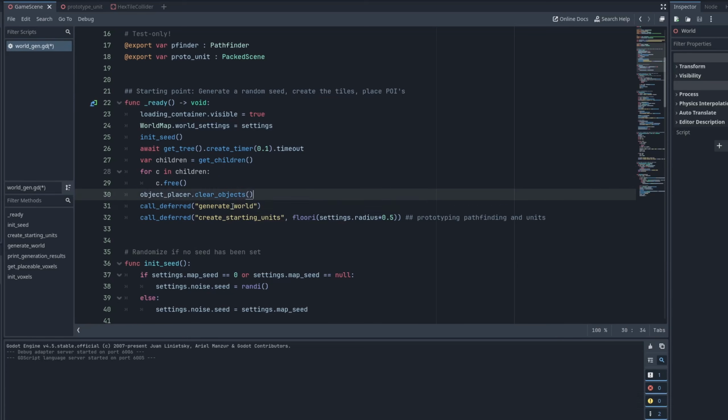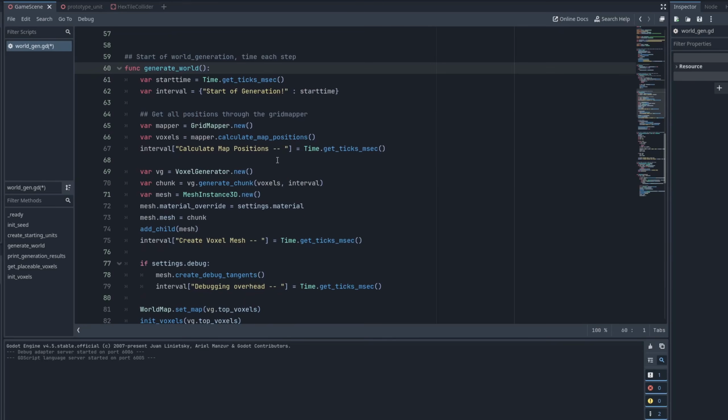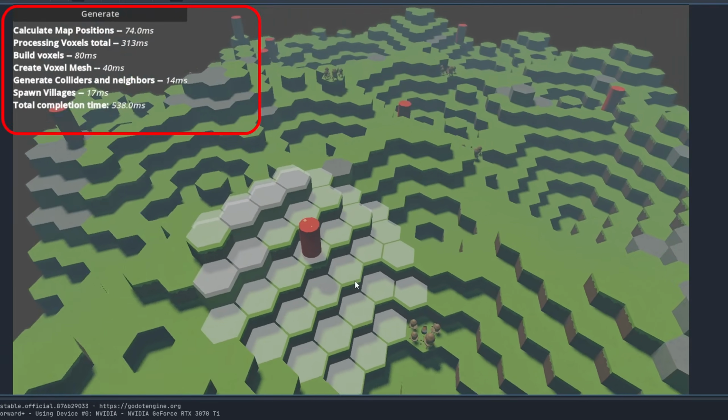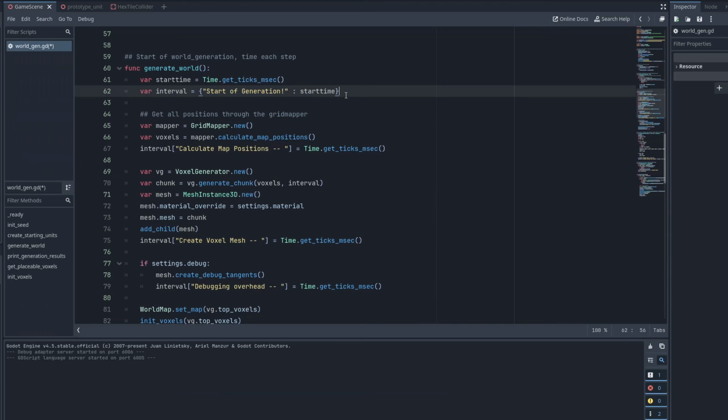To get an idea of the time that it takes to generate our world, I benchmark parts of the code. That's what this interval thing is. I log the time in milliseconds that have passed into a dictionary. That's what we're seeing here during gameplay. But if we ignore that and look at just the broad strokes,